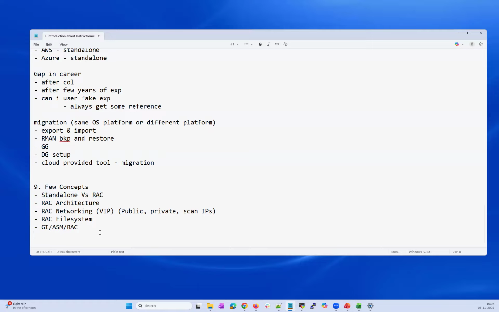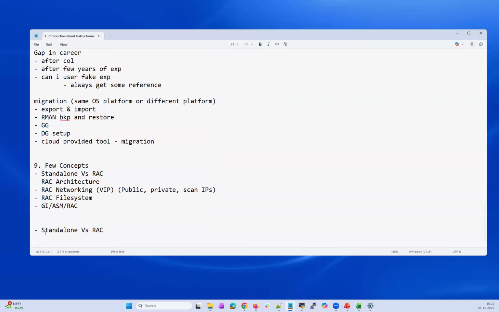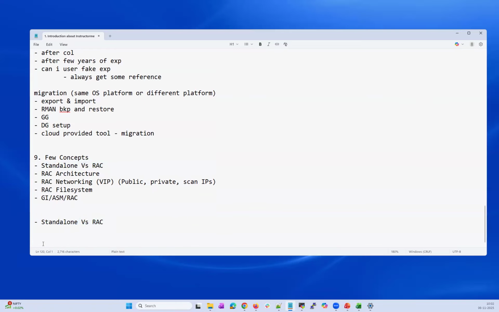And again, before I go with this standalone versus RAC, let's look at Oracle versus other databases. Why is Oracle so strong in the market compared to other databases?